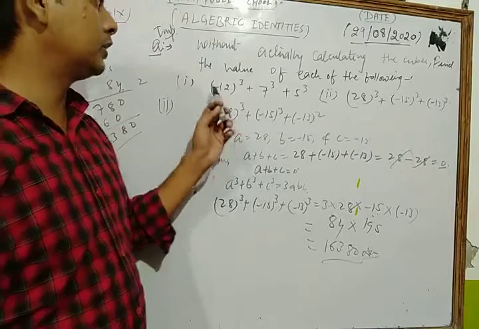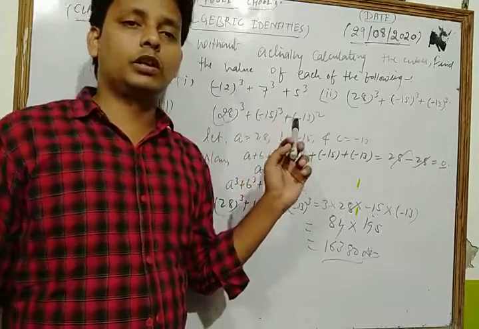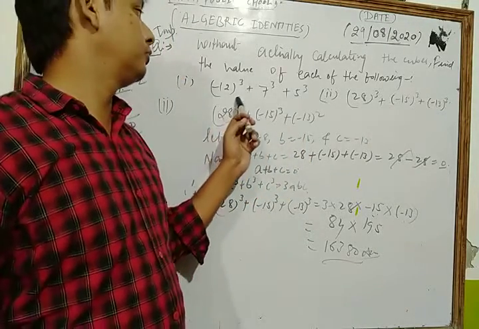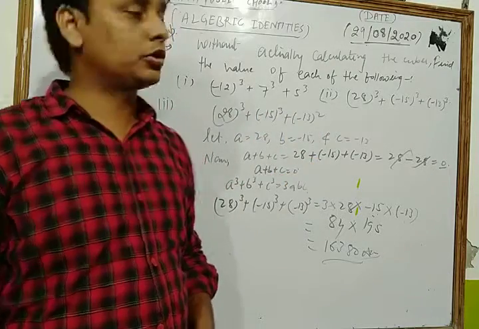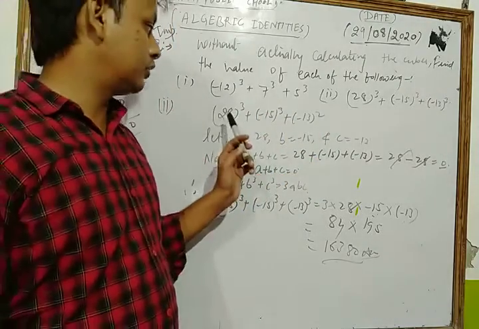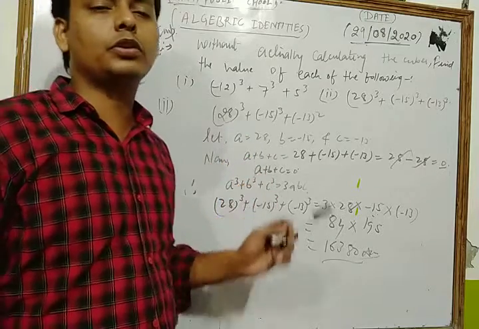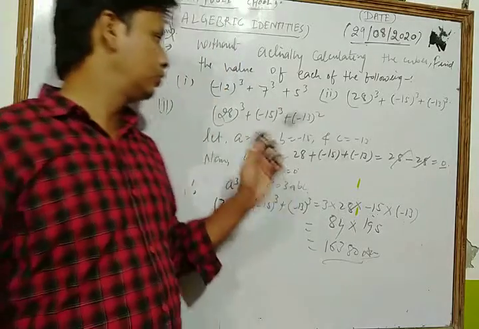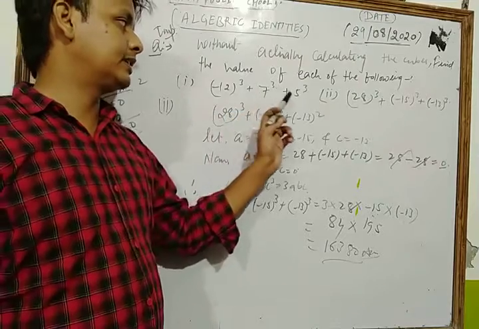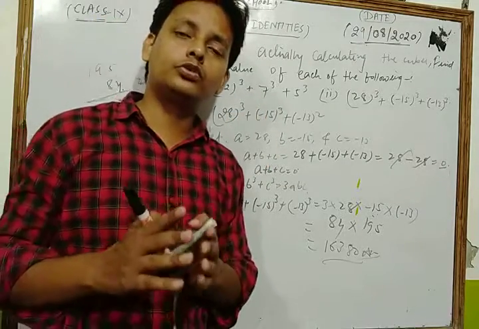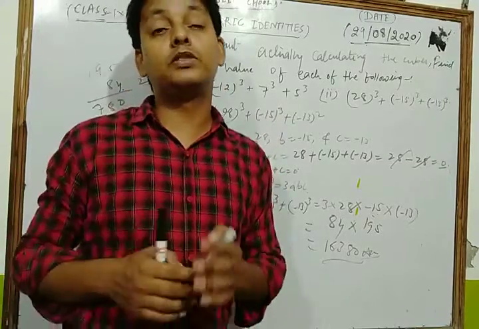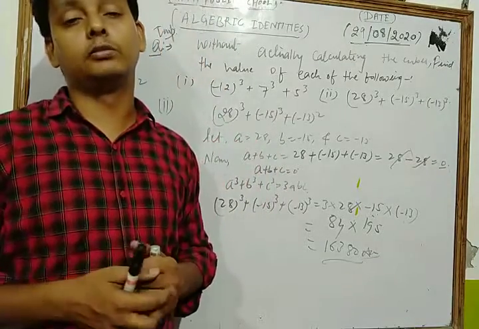Let's see once more, dear students. This is our question here: find the value of minus 12 cube plus 7 cube plus 5 cube. Both are the same topic questions. In that type of question, first of all you take a is equal to minus 12, b is equal to 7 and c is equal to 5. After that you check the value of a plus b plus c. What is the sum of all the numbers?